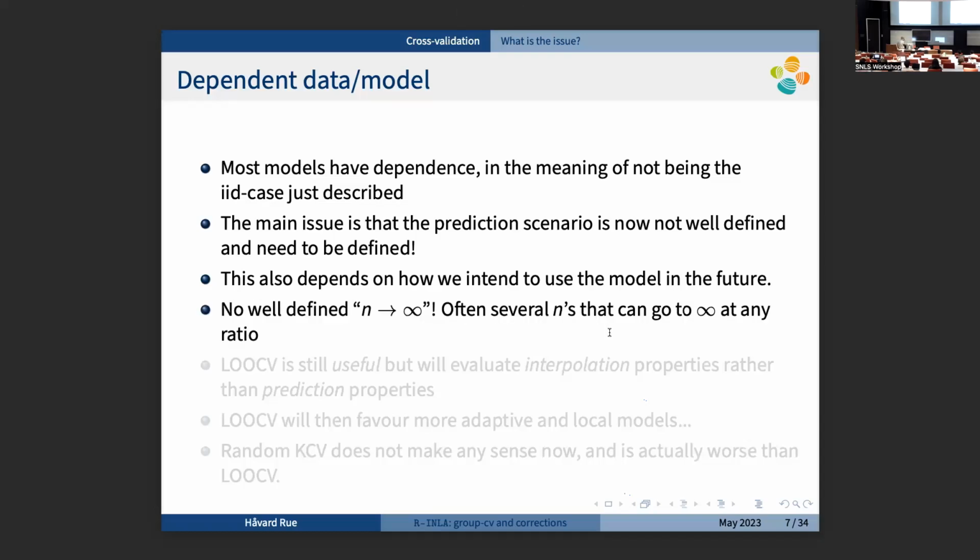The other thing, there is no n going to infinity limit in this case. In many of these models, there are many n's. There are many people. You can let the number of people go to infinity. For each person, you can make the number of measurements for that person go to infinity. And there are many other ways you can let things go to infinity. So there is no asymptotic limit. If you don't have one, you can always create one, but